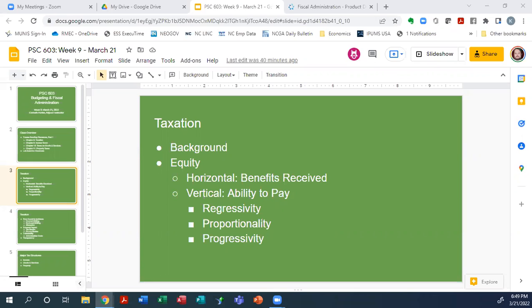If you look at the income tax, it is designed, not saying it's necessarily administered or applied this way, I know there's a lot of things about the income tax that we'll get into, but the design of the income tax is that the more money you make, the higher rate you pay. That is how this thing is structured or designed to be structured. And so that would be an example of a progressive tax.